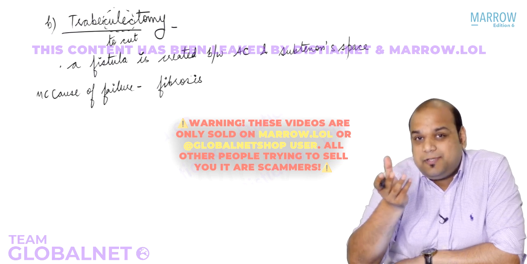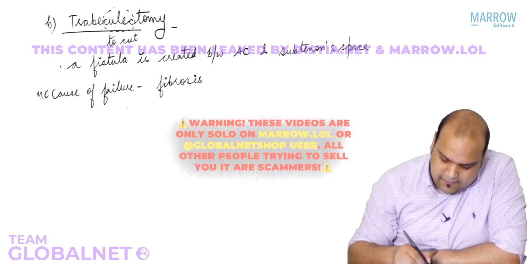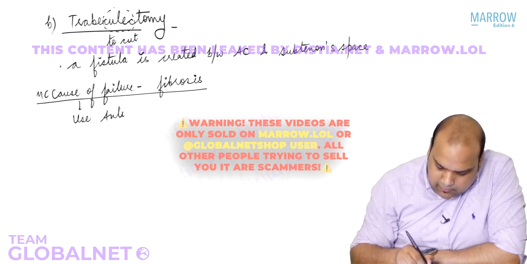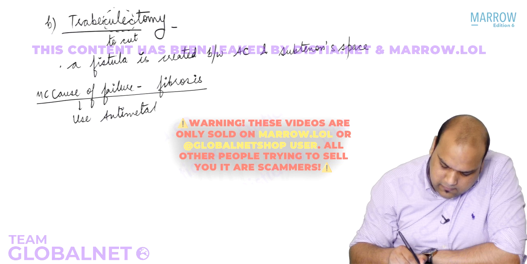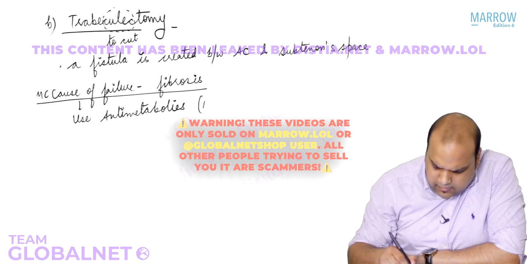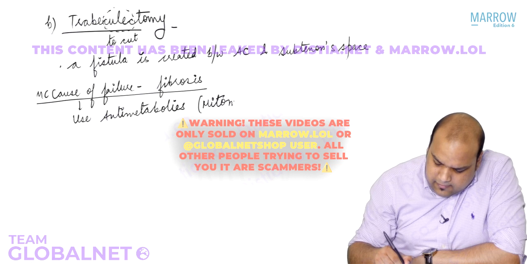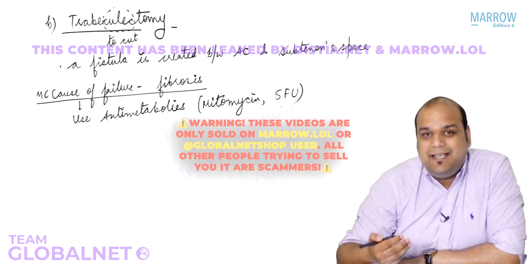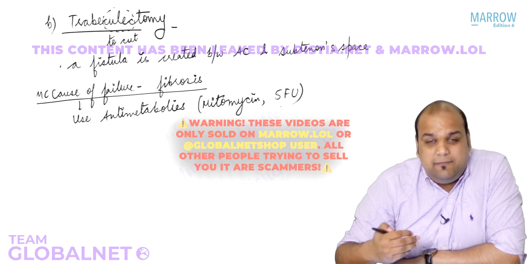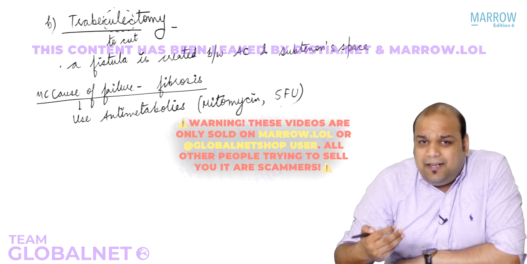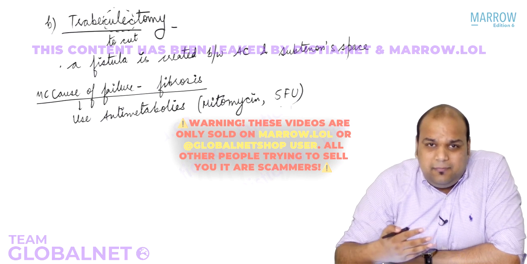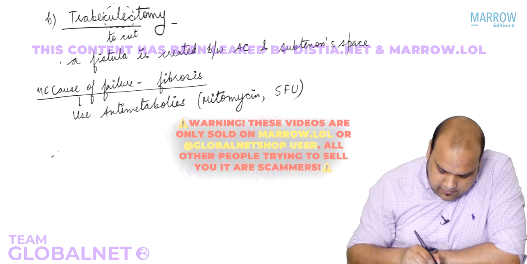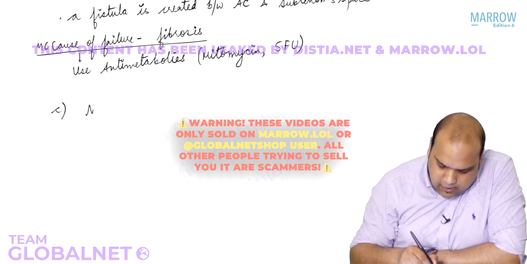The opening can get fibrosed if not made properly. That is why we use antimetabolites like mitomycin or 5-fluorouracil, to avoid this fibrosis so that the fistula does not close. If the fistula closes, then my trabeculectomy will become useless. Okay, everybody, done? Then, apart from trabeculectomy, we have certain surgeries which are called